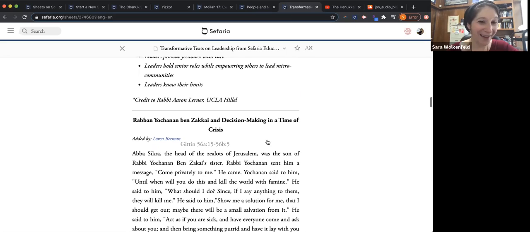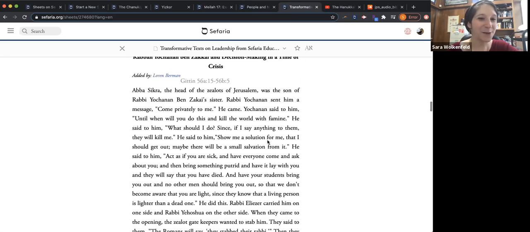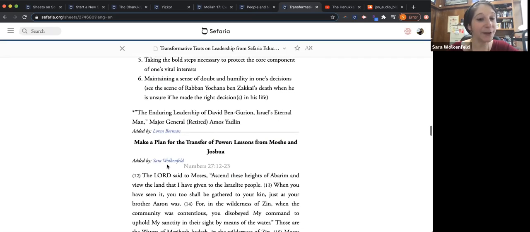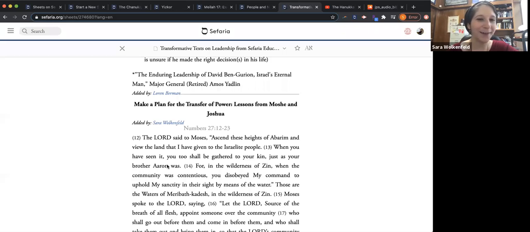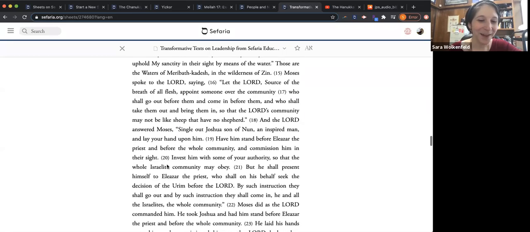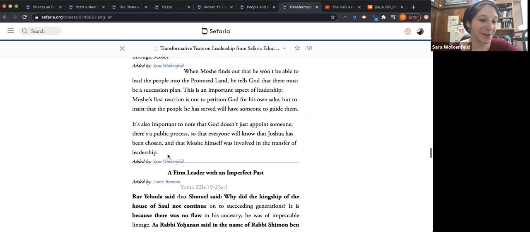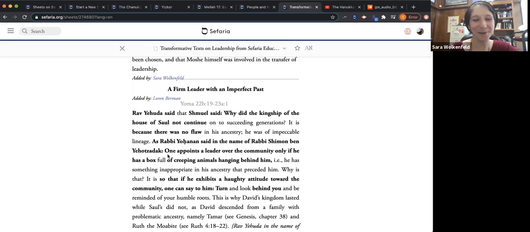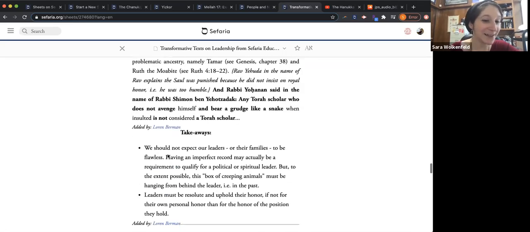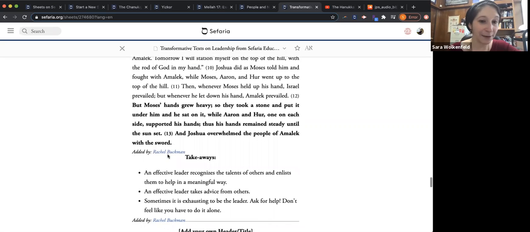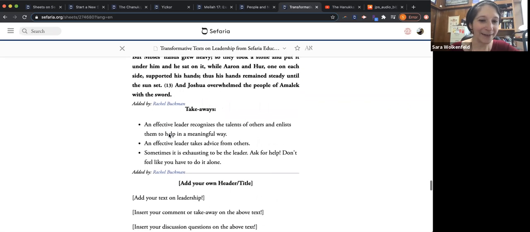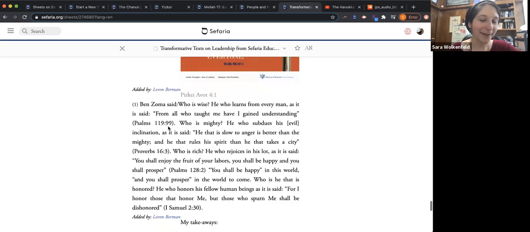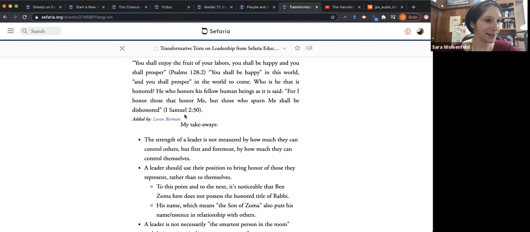That invites people to add their favorite text about leadership. And so you can see that different people, their names are in those little blue letters, different people have collaborated on this source sheet. It's what we call an anyone can add sheet. And this is also a great way to bring in other voices, and maybe, again, that word source sheet is so misleading in some ways. I would think of this more as a community discussion board that you can open up to as many or as few people as you'd like. And Sefaria will automatically put their name under the source that they've added. And again, a great way to just bring other voices into the conversation.